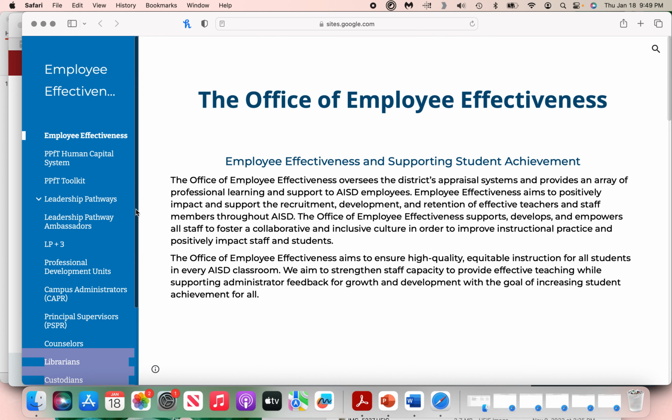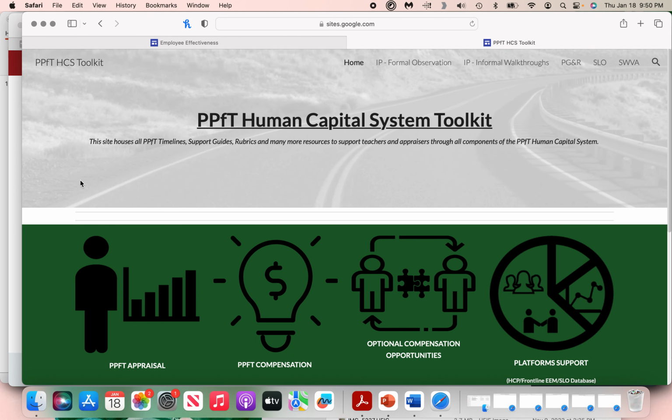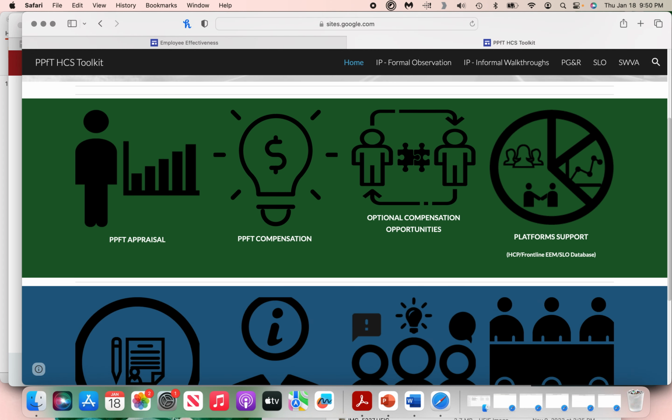Okay, so regarding Brikerwoods, I'm going to go ahead and click on my favorite tab, which is the PPFT Toolkit. That brings you to the PPFT Human Capital System Toolkit. This is basically a house or a hub that houses all the PPFT timelines, support guides, rubrics, all the resources that are needed to support teachers and appraisers throughout all the components of the PPFT Human Capital System, your entire summative score. And I know I've gone over this, and if I sound like a broken record, sorry about it,